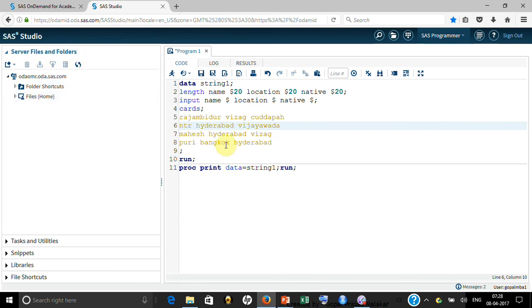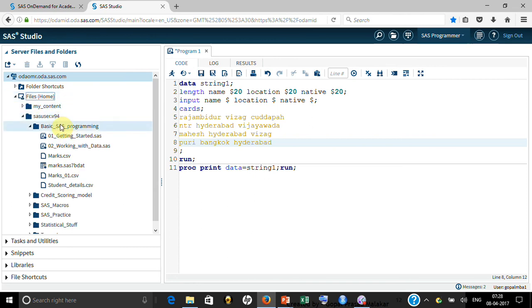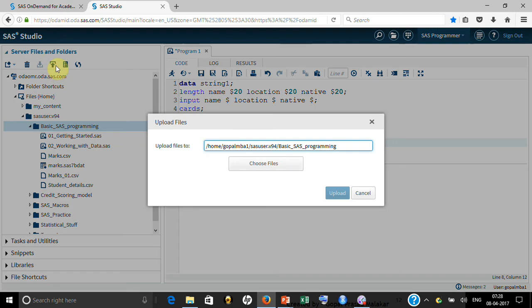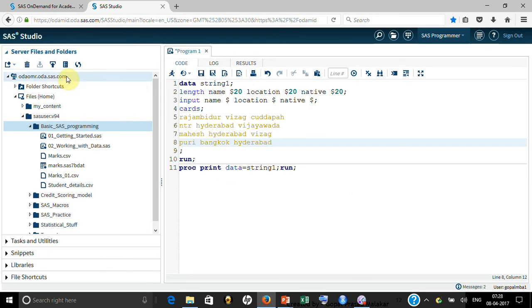One more thing you need to understand: if you want to upload any file, keep in mind you will have to go down. You can't upload it here, but if you go down to your area, then this becomes activated. When you click on upload, it will give you the prompt where you can choose your file from your local machine and it will go here. So that's how you upload it.